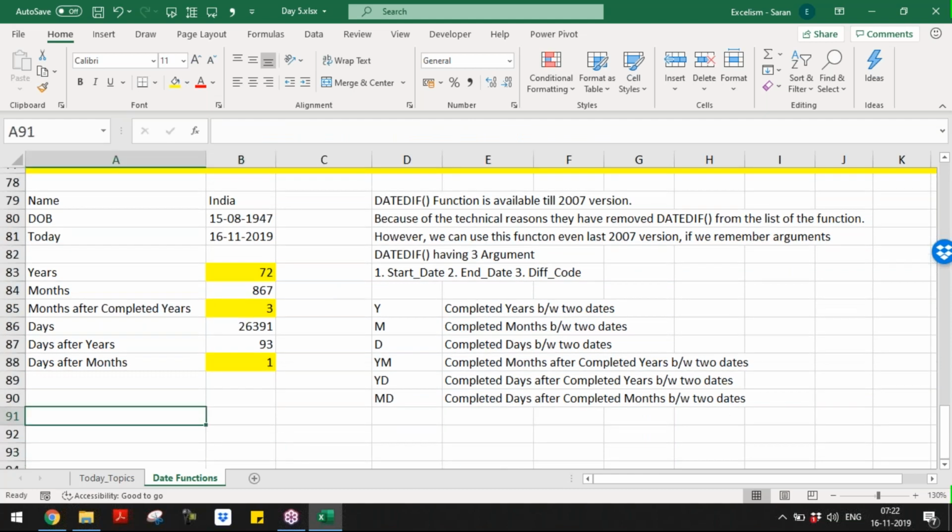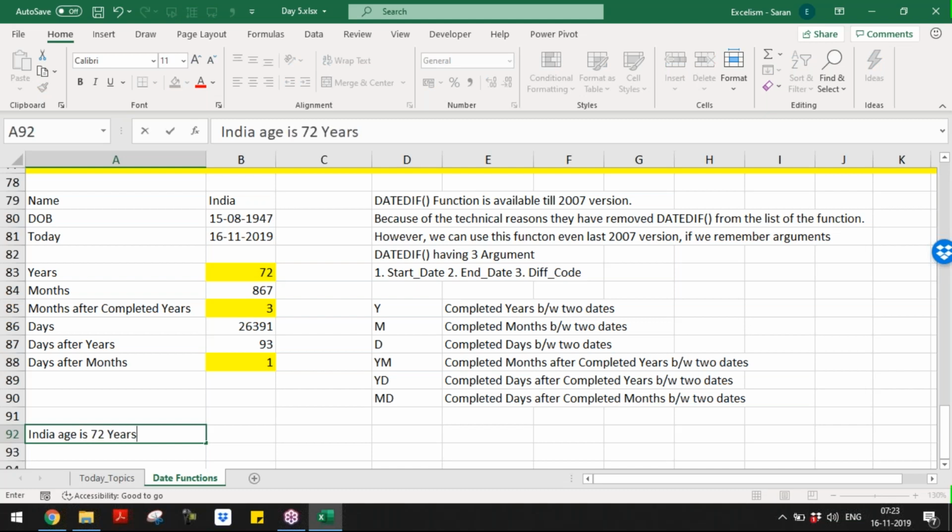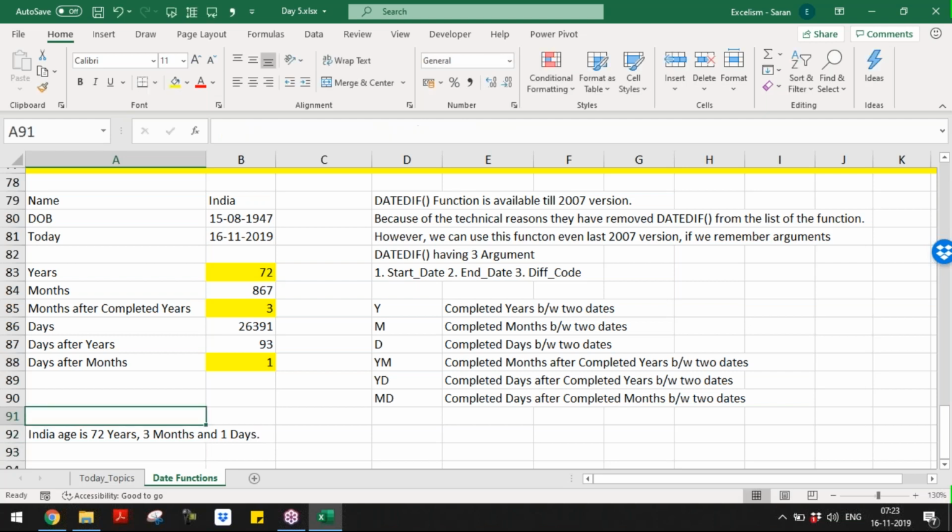The sentence is: India is 72 years, 3 months, and 1 day. We can still say days, because if it is more than one.